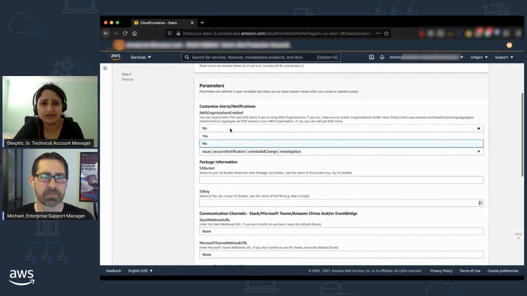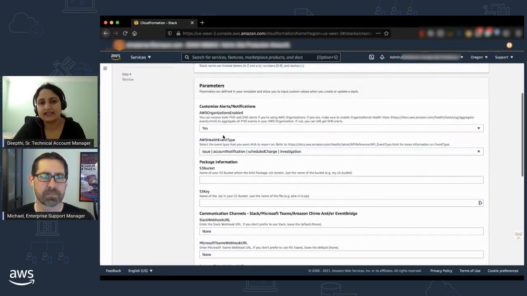I'll scroll down. So here is where I select yes. If you remember, there are two modes where you can configure either enable this with AWS Organizations or without AWS Organizations. And as I told you in the demo, I'm going to use AWS Organizations because I want to roll all the member account notifications over to my management account. And then the second type of customization.